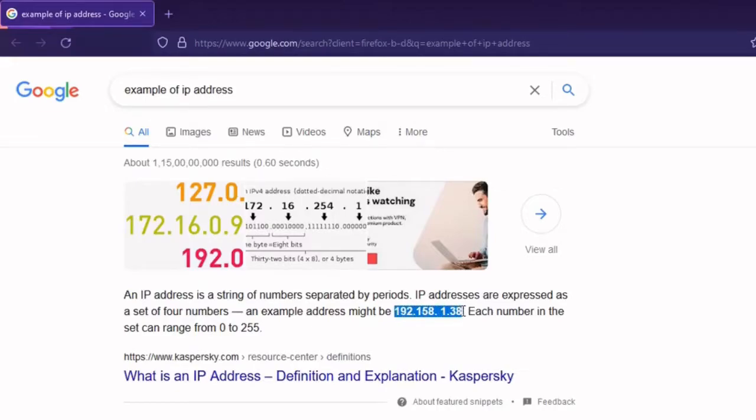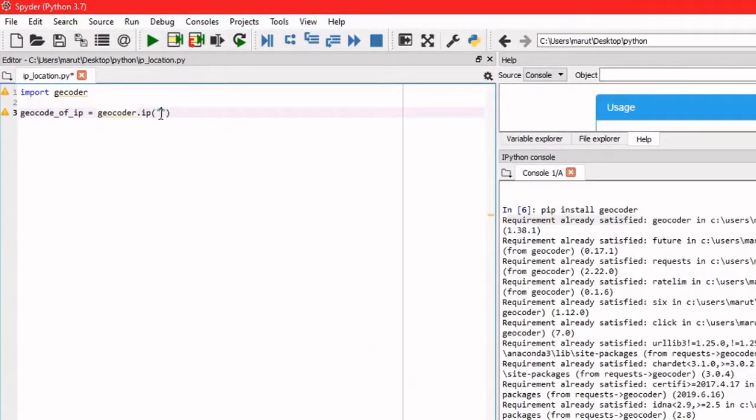So let's try this IP address. Let's copy this IP address and paste it in our program. Be careful, there should not be a gap over here, so we can delete this space. Okay, so this is our IP we have taken from the internet. Sorry, here the O is missing in geocoder. It should be geocoder. Okay.